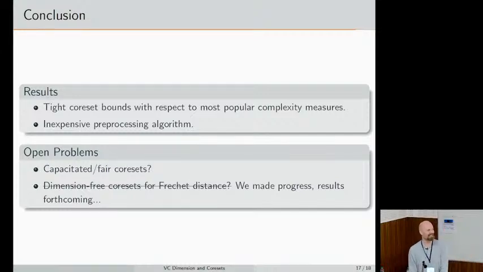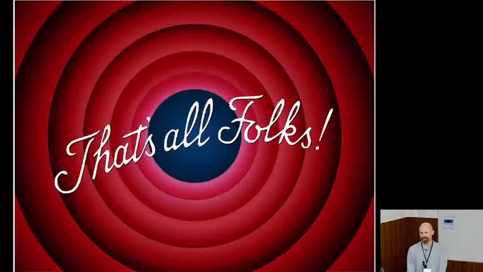You can actually do better if you do not look at properties of the VC dimension. And maybe there's also room for that for other problems. I'd be fairly confident, for example, that you can do better even in planar graphs than the bounds that I gave to you today. Okay, that's it. Thanks.